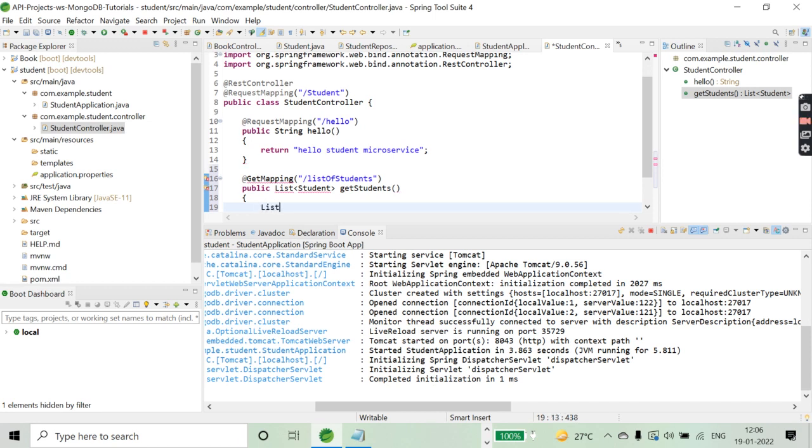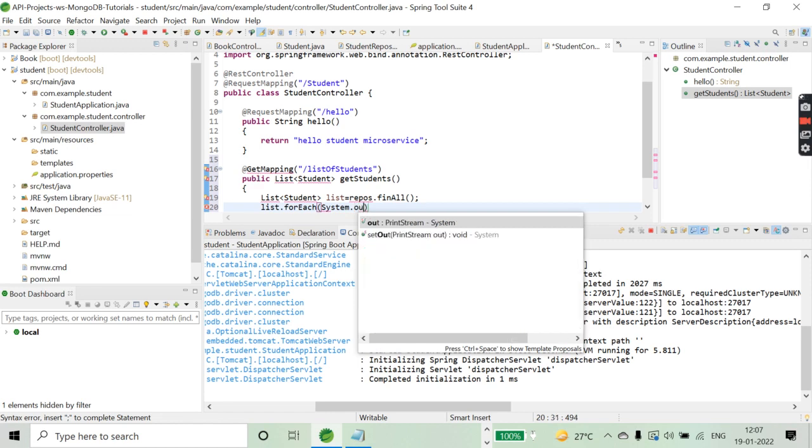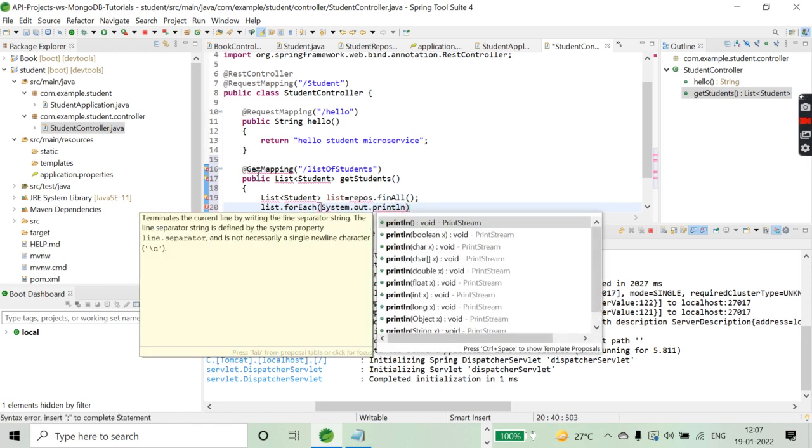Again, list of student equals the repository, repos.findAll, and a list.forEach loop. It should loop the details, so System.out.println,